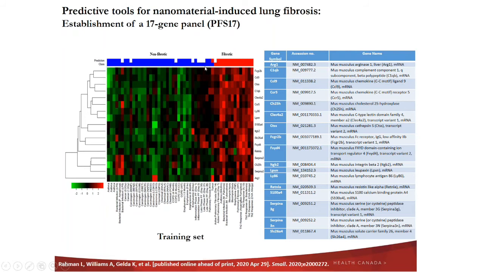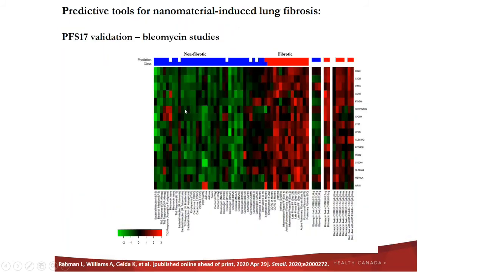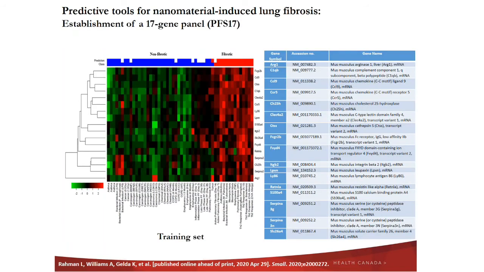At the bottom it's a class prediction, that is class assignment, that is we have assigned each of these studies a class which is either non-fibrotic or fibrotic based on the information from that particular study. And on the top, it's the prediction class that is assigned by the predictive signature, the 17 gene panel signature. So using the 17 gene panel, we predicted whether or not a particular study is indeed